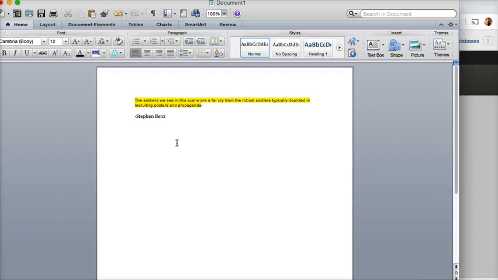Okay, so if I was going to use this in my paper, I would have to make sure that any words that I use are going to be in quotation marks, and I want to make sure that it's different enough from the original that I'm not plagiarizing this author's writing. So one way to do that is to give credit to the author by using a signal phrase. So according to Stephen Benz in his discussion of Owen's poem, he argues that